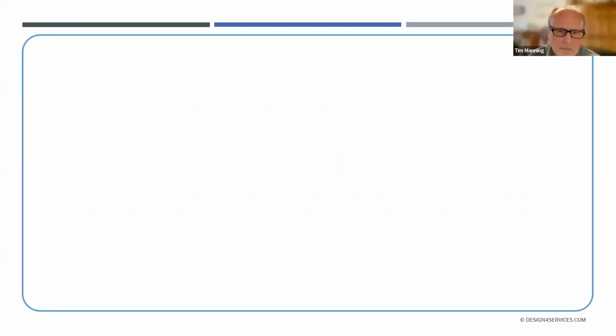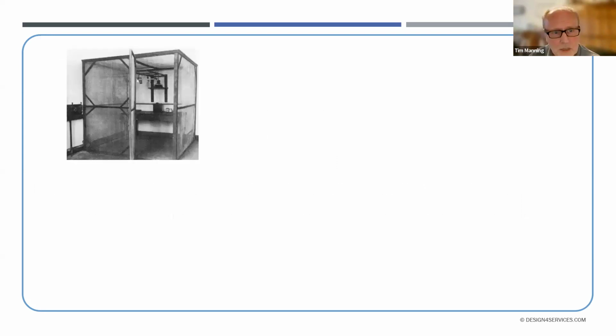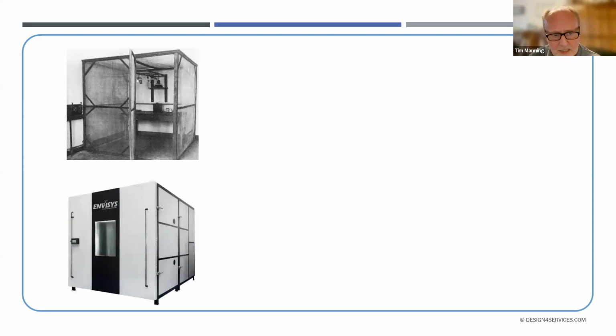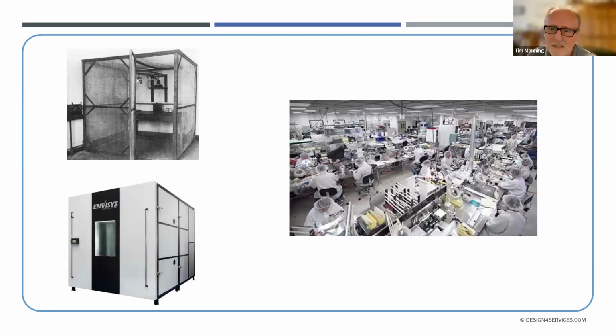So a bit about me. I started life off as an electronic engineer, technician. I spent a lot of time in one of these, also one of these, and in this sort of environment. So you've got a Faraday cage, because I worked in radar systems and environmental chamber and clean air room. And this obviously gave me a big appreciation for the environment and its impact on systems,